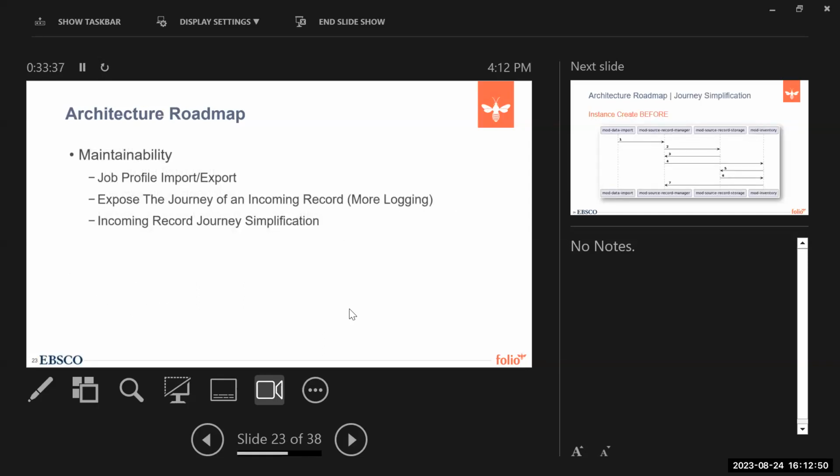Maintainability, job profile, import, export. Anne-Marie will speak a little bit more about this in further slides as well. But when we have issues in data import, it's really hard to reproduce. Typically the job profiles we would have in a bug fest or in development are pretty trivial, but you have complex job profiles that need specific reference data that would not be available in non-prod